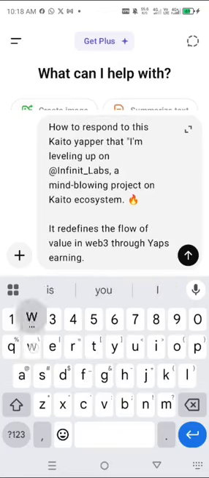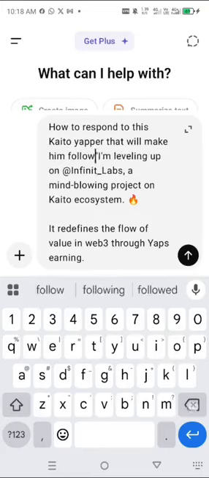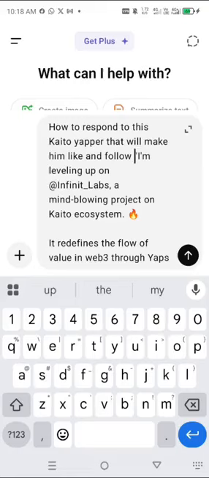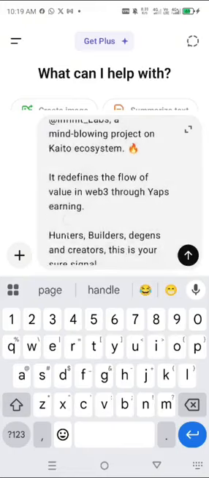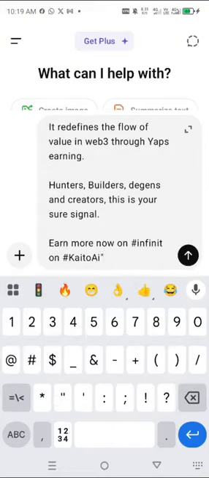That will make him react and follow me, like and follow me on X. All right, so you now put the post the person posted and you just enclose it in a quote.